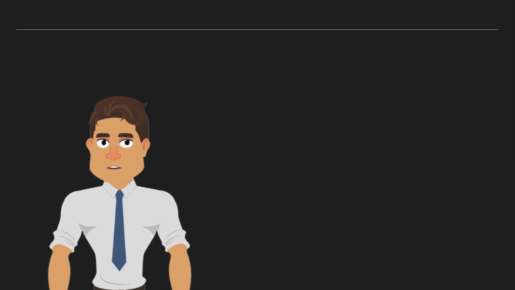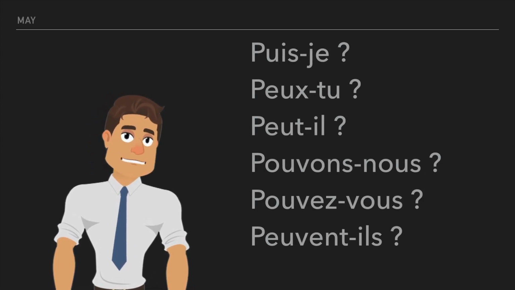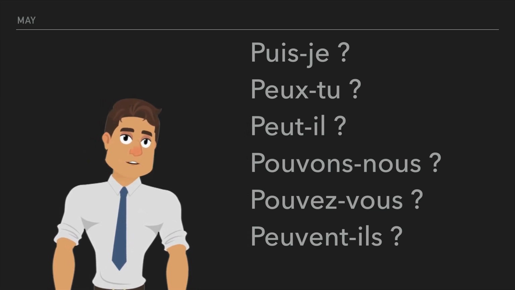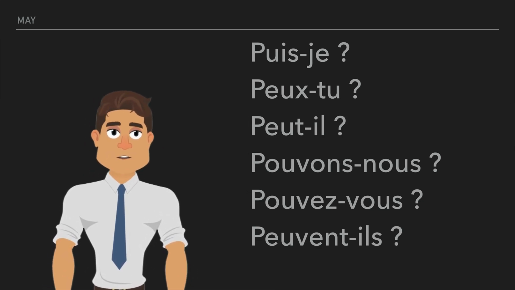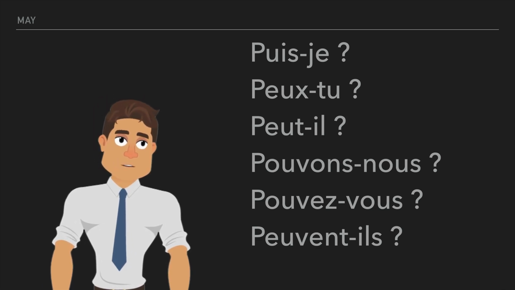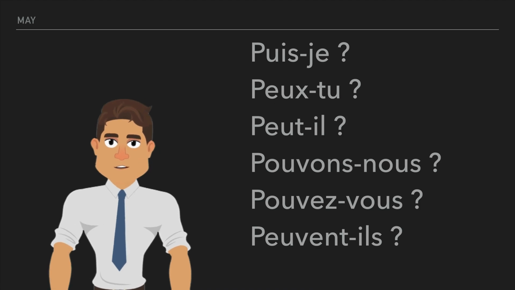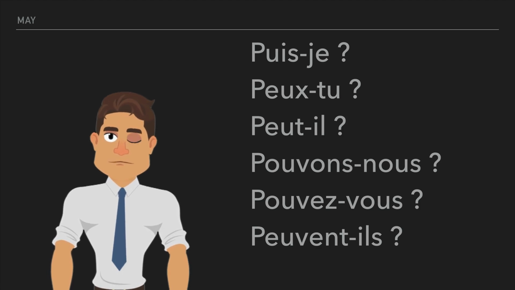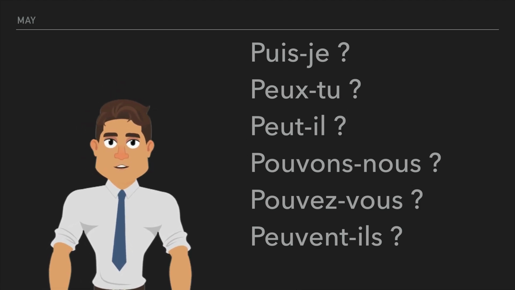Let's see now when you need to make a question. Here, as you can see, the first one is not with the verb peut, we use puis-je. Actually, peux-je is not correct French. So we all say use puis-je when it is about inversion, a question inversion. So we've got here puis-je, and after that the same verb, so no problem. Peux-tu, peut-il, pouvons-nous, pouvez-vous, peuvent-ils.